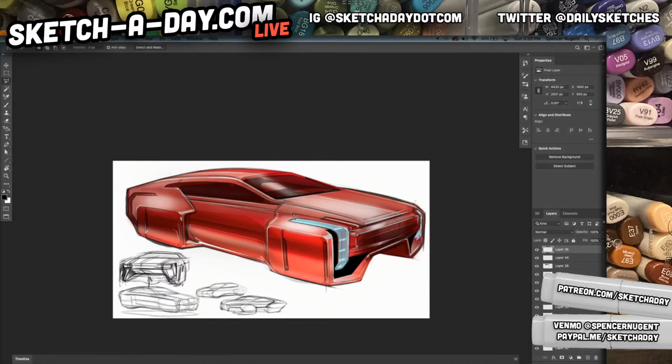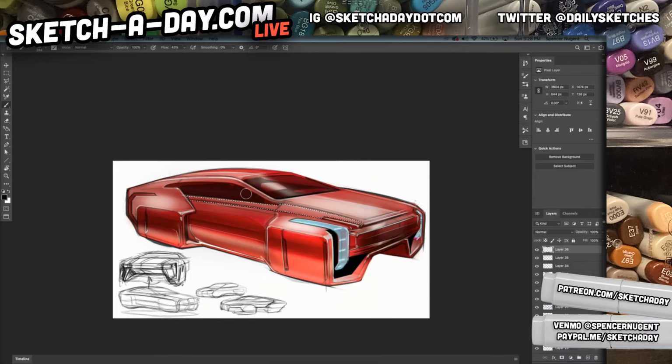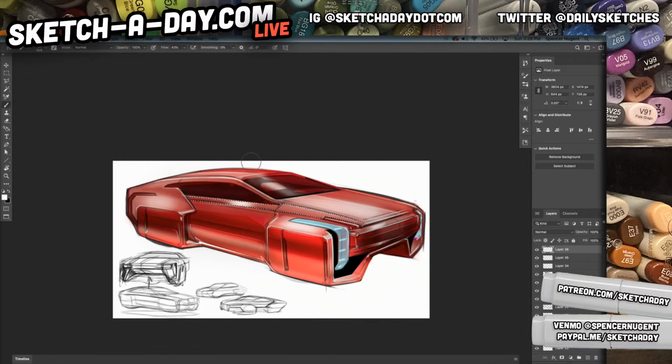So I remember when I was starting out and I would look at a drawing and I would think, man, how did they do that? Well, it's all a process. Maybe some people can pump these out super fast. I know a few people. But I've just always been one to be a little bit slower, at least at the rendering portion of sketching, so...